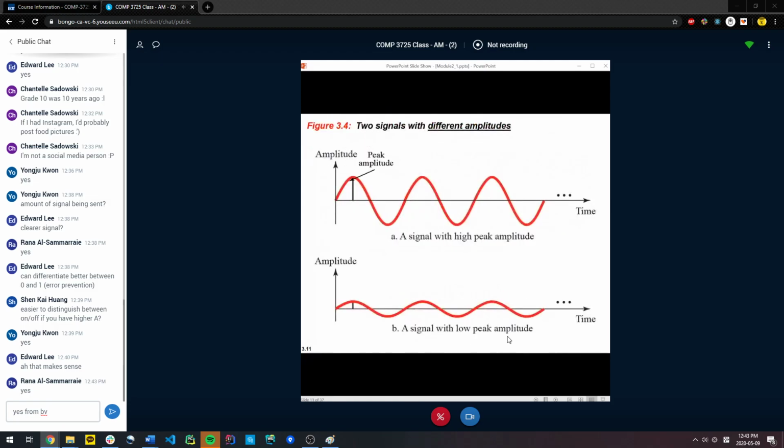So this is an example of a high amplitude signal versus a low amplitude signal. In my illustration, I said I could use this high amplitude to represent a logical 1, and I can use this low amplitude to represent a logical 0. And obviously there are some considerations in using this high end versus low. First of all, there should be enough difference between the 2 amplitudes. Why? Because imagine if I transmit something at 5 volts over a distance, do you think the receiver will receive it at 5 volts?